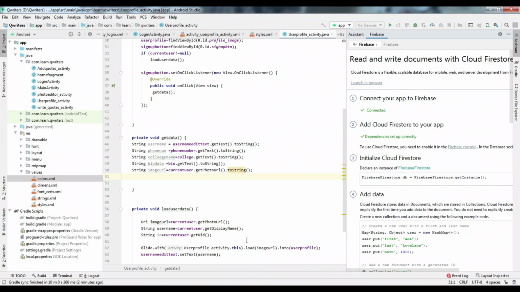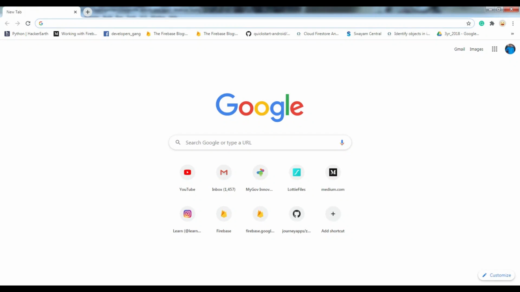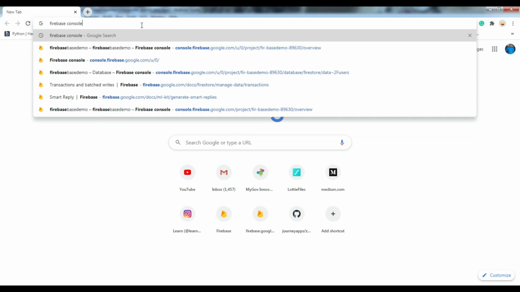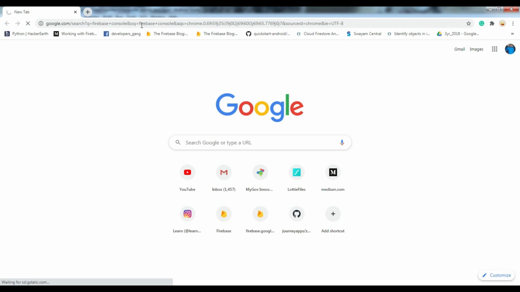Once the builder Gradle is finished, just go to the Google Firebase console, just type Firebase console. We have to make some changes such that our data gets printed or stored on the database, as well as the authentication should work.